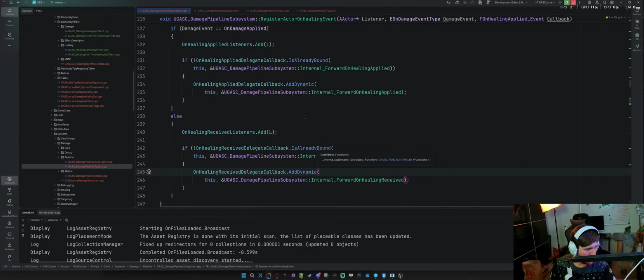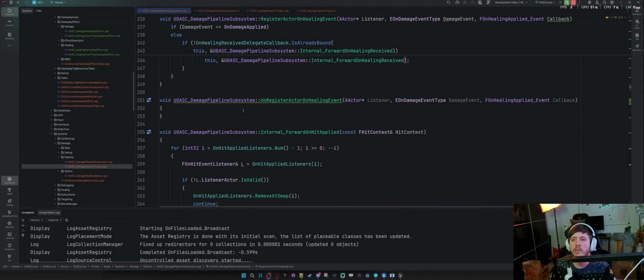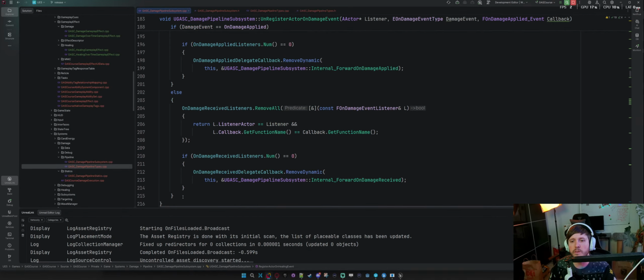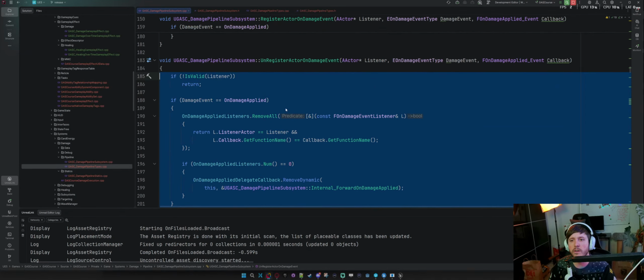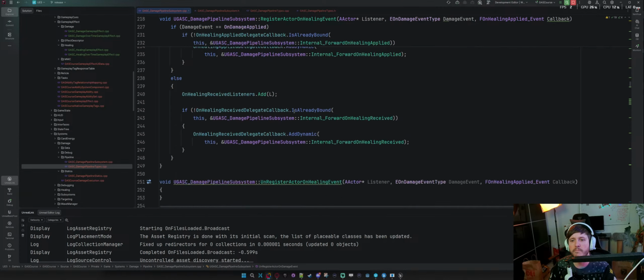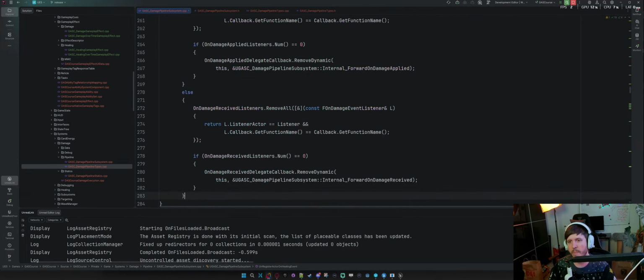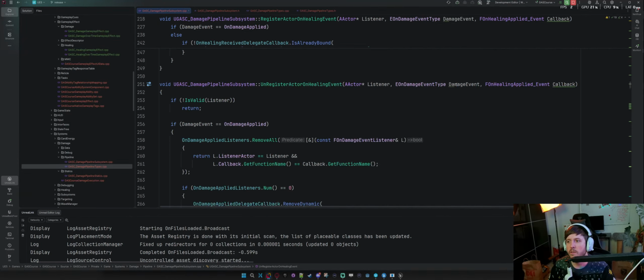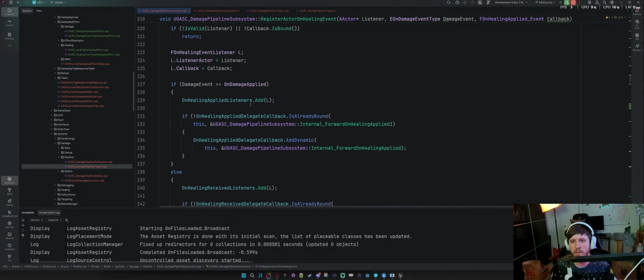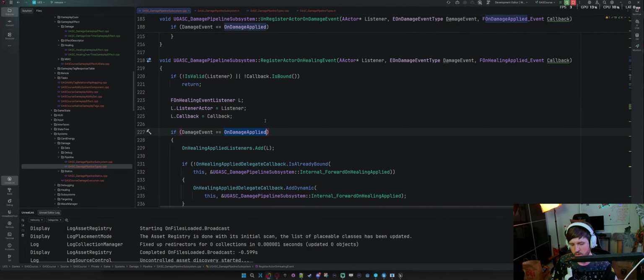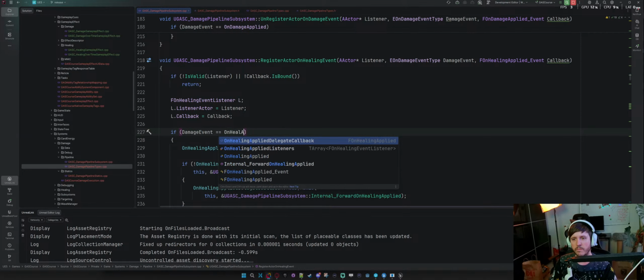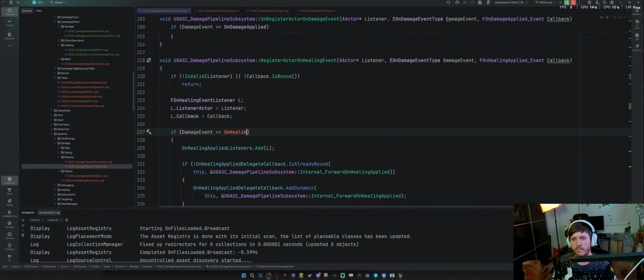All seems okay. Now we gotta do the unregister, so we can grab the unregister. Yeah, I said on damage applied, right? So this is on healing applied.